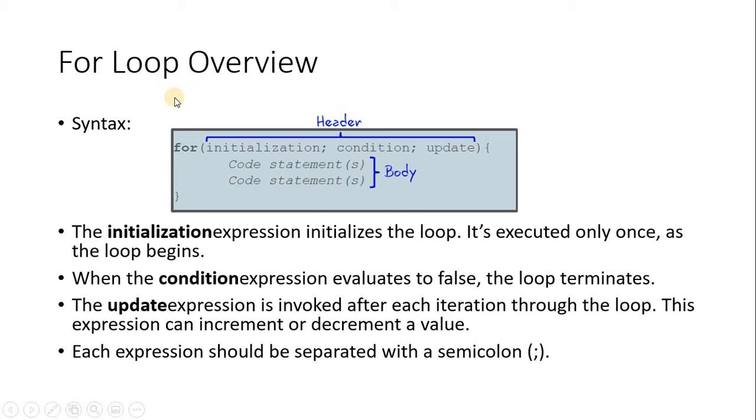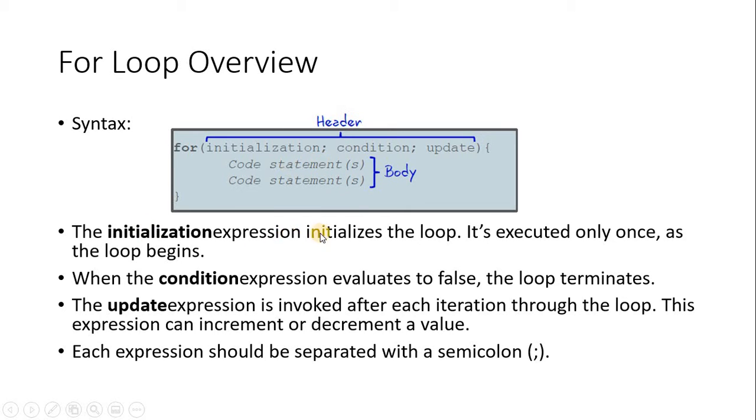Now coming to the for loop syntax, for begins with a header, and once the header operation is successful, we have a curly brace with the body statements, or even without curly braces a single statement can be executed. The for header consists of initialization, condition and update. Three parameters are there, each ending with a semicolon. Initialization semicolon, condition semicolon. So this is a header, and either we open the curly brace and close it, meaning a body of statements, or we can have a single statement.